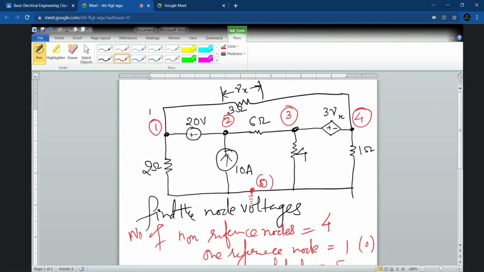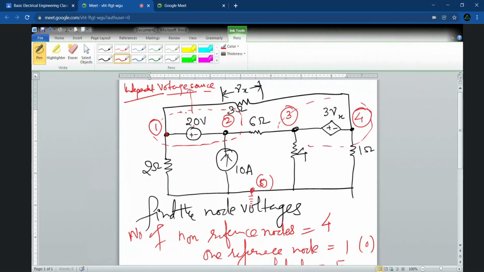So this we have found. Now we can see the supernode which can be made, that is between 1 and 2. You can see there is an independent voltage source connected between node number 1 and node number 2. So we have recognized the super node over here, which is between 1 and 2, and one more will be there between